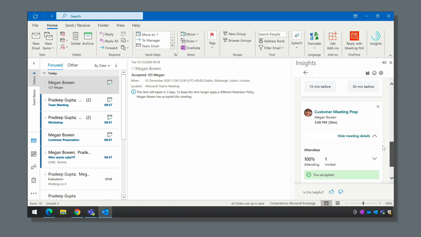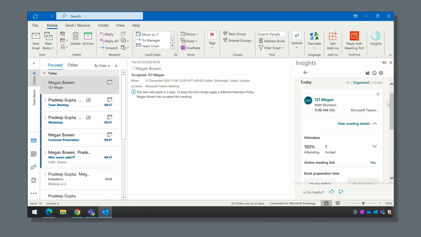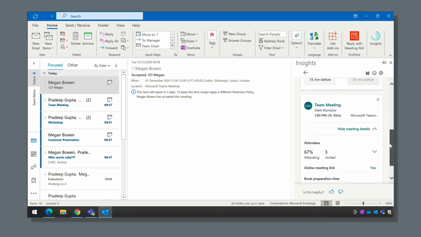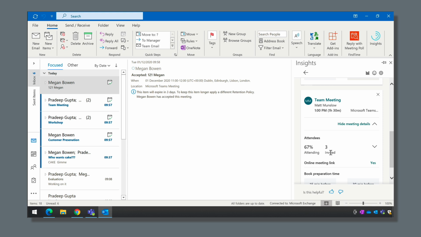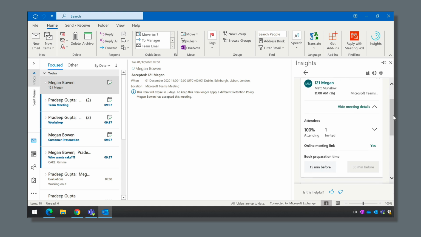In this video, we're going to have a look at another feature of the My Analytics service called Insights. This is an Outlook add-in that uses data captured from your activity in Microsoft 365 and uses it to suggest ways you could manage your email and calendar more effectively. We're going to look at how it works and how you can use it for things like preparing for your meetings, booking time in your calendar to focus, and something we all like doing, booking time away from work.